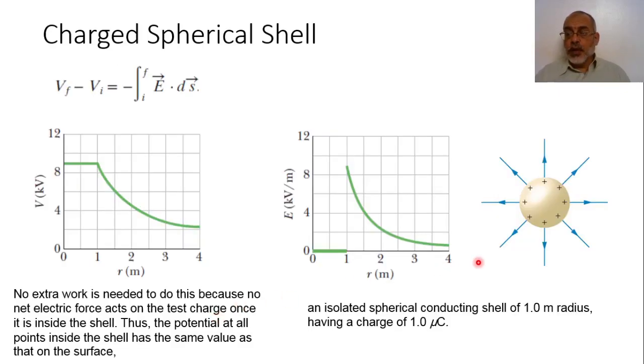As an example, assume that we have a spherical conductor with an existing positive charge. In this case, by applying Gauss's law, we can obtain the electric field outside the charged sphere, assuming that the charge is 1 coulomb and the radius of the sphere is 1 meter. So the electric field outside the sphere is proportional to 1 over r squared.